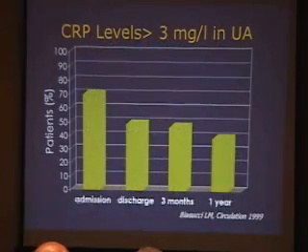And this is the paper by Biasucci. You see that on admission, patients with Braunwald class 3B, 70% had elevated CRP, but not 100. So patients are not behaving homogeneously because probably they are not homogeneous. At discharge, nearly 50% have elevated CRP. At 3 months, over 40%. At 1 year, nearly 40% continue to have elevated CRP and interleukin-6.